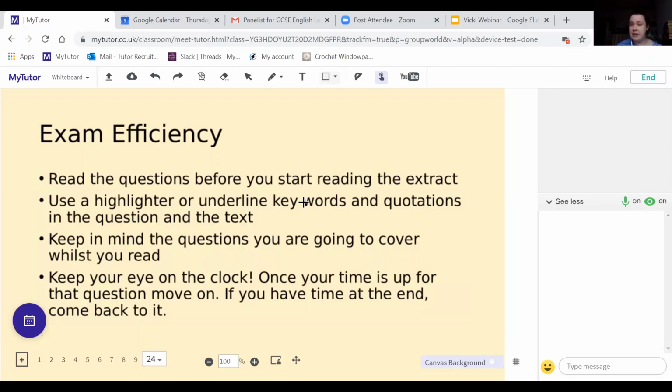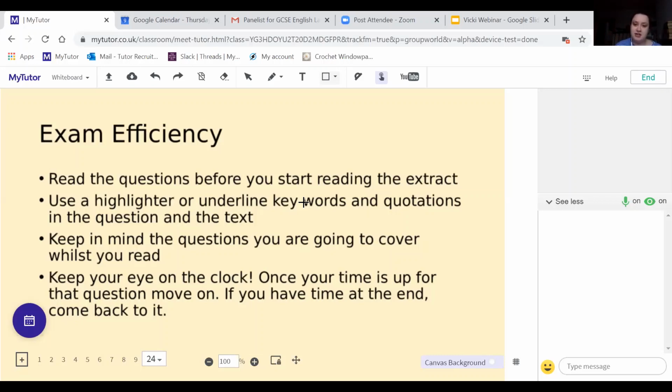I did this all the way up to my university exams. I was awful for answering a question that I wasn't being asked. Make sure that you highlight. If you are one of these people, I was dreadful for it until I got to about GCSE. And the way I got around it was highlighting or underlining the keywords, so I really got that question inside my head and I knew exactly what I was doing. Highlight quotations as you go, which you think might be helpful. That'll save you later coming back trying to find them again.